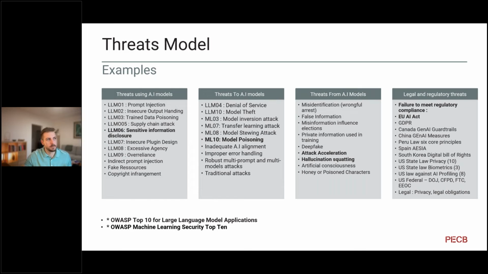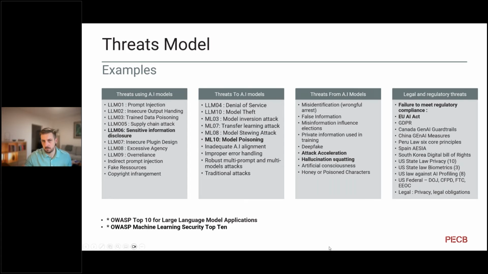It can also be the case if you build an AI model in some field of activity, for example in healthcare, where you have a patient management system that is AI-based. In this case, it will be very impactful for the privacy of the patient if you inadvertently disclose sensitive health records with this kind of system.